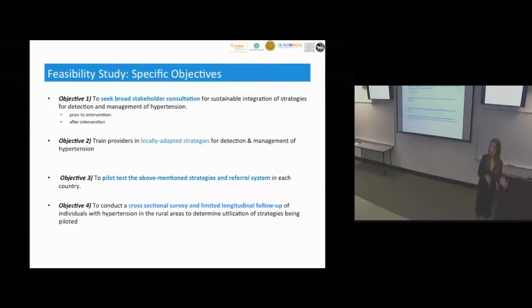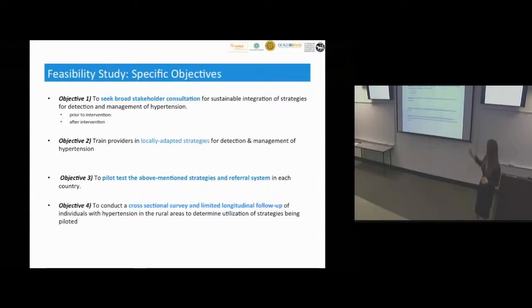The diet in Bangladesh is different from the diet in Pakistan, is different from the diet in Sri Lanka. The fruits are different, their practices are different, the phrases that they use are different. So all the curricula had to be adapted to the local context. Although the key messages, the standardized messages, remained the same, so the amount of salt and the amount and types of fat will remain the same, the way you prepare the food and what we are recommending is going to be different for all 3 countries.